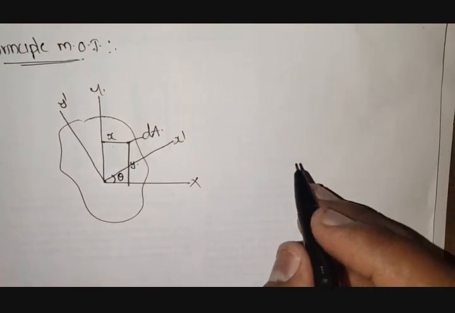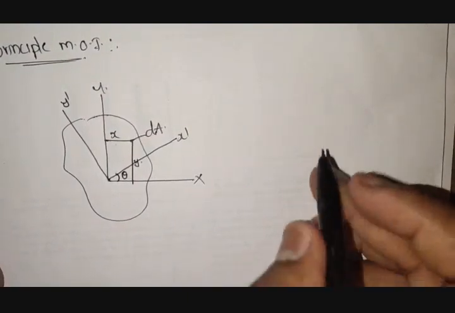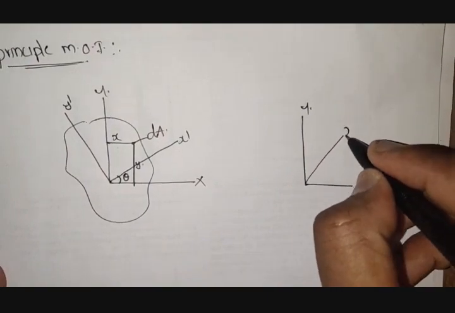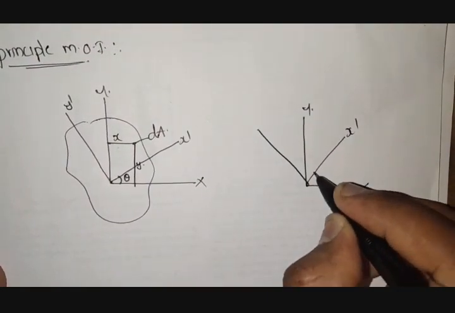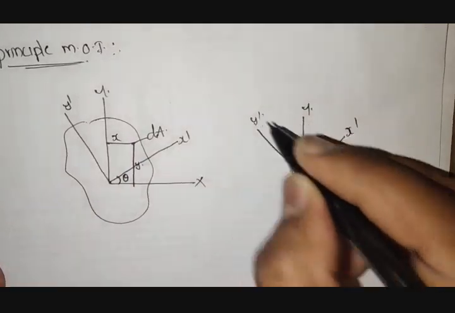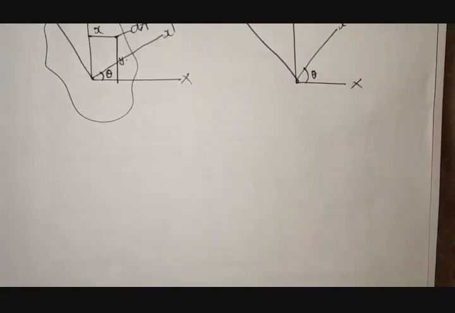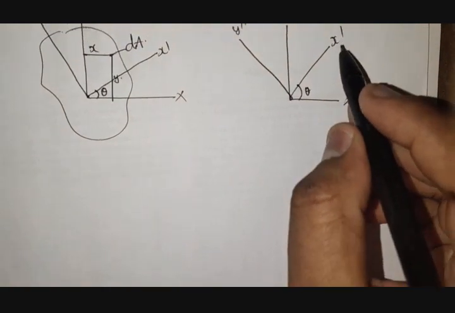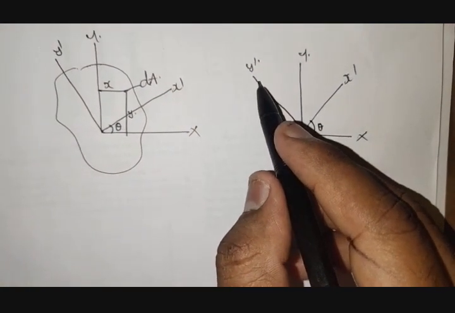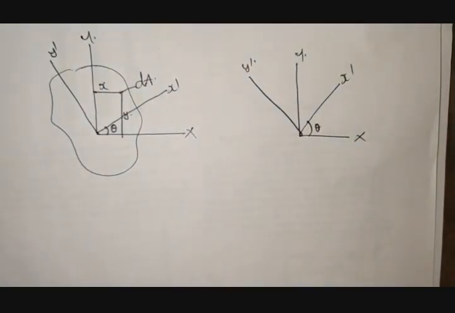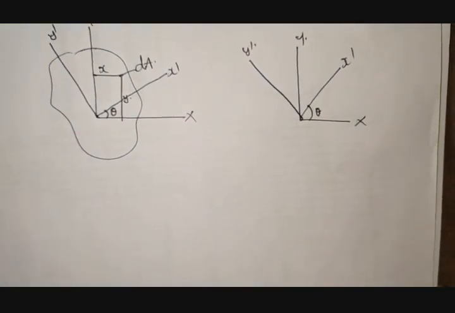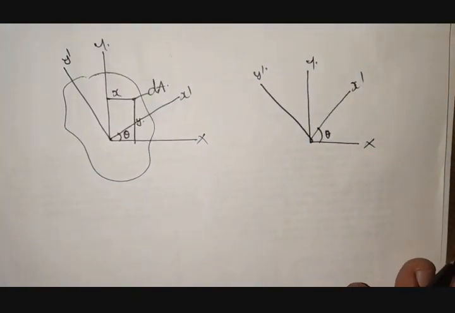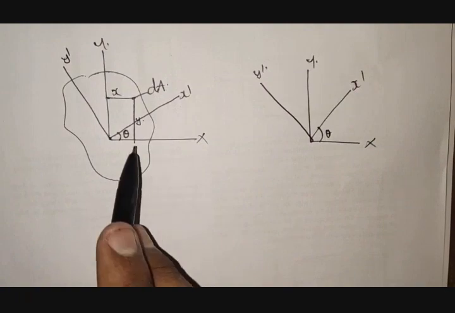Clearly, in a neat figure, this is axis x and y, and this is the new axis x dash and y dash after the bending. In detail, the new coordinates x dash and y dash are known as principal axes for the unsymmetrical bending. Now we will take this condition and find out what principal moment of inertia we are going to get.